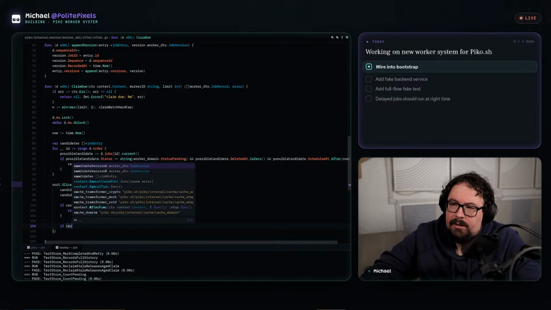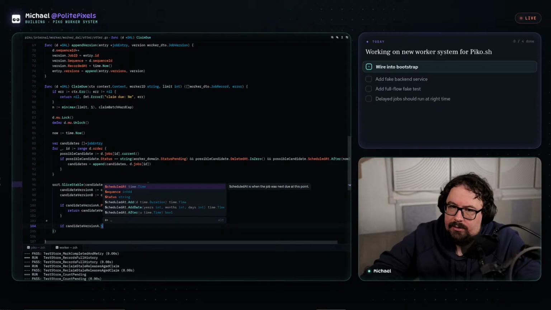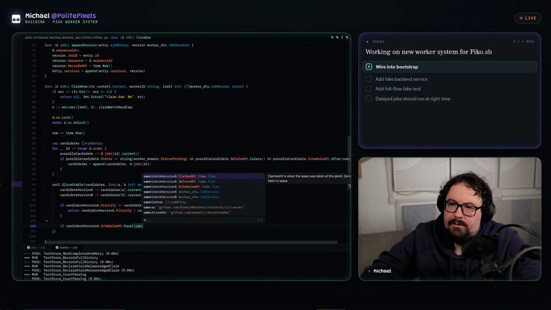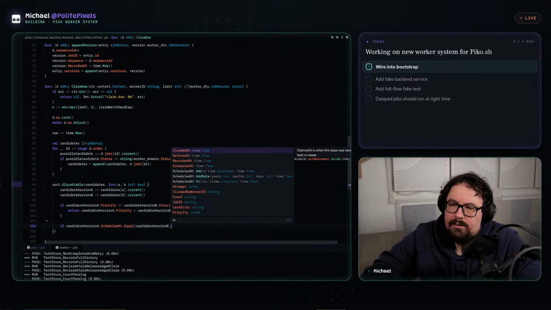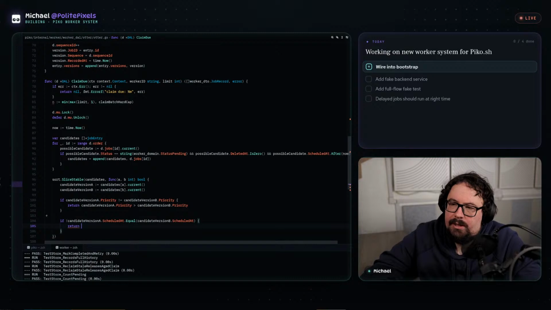So that would be candidate version A dot scheduled at dot equals candidate version B dot scheduled at. So if they don't match, then we'll filter by that.